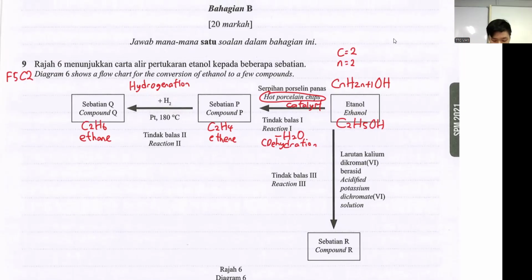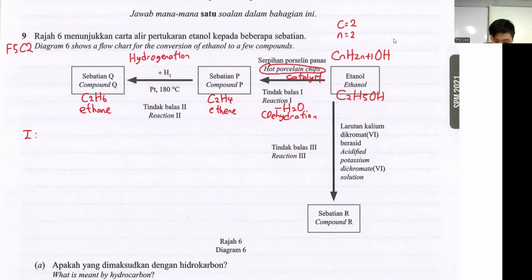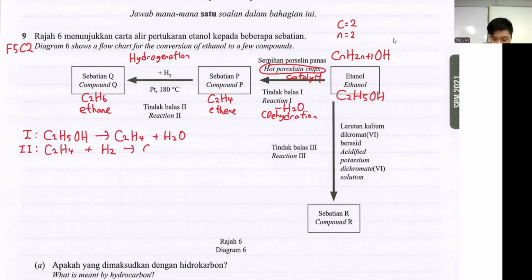Okay, so I show you the first equation. First equation is C2H5OH becomes C2H4 plus H2O. Second is C2H4 plus H2, you will get C2H6. Third,